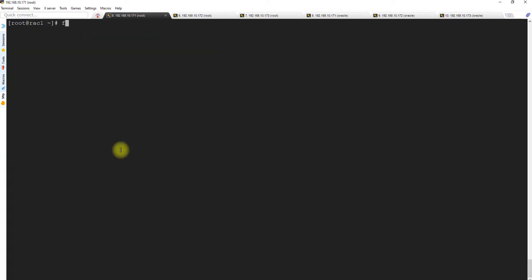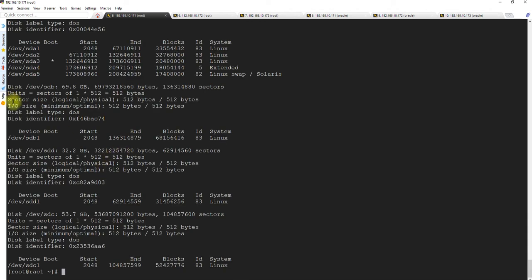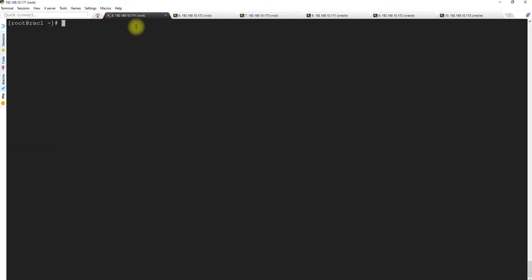Now clear the screen. Now when you say fdisk -l, you will see that the partitions have been created. For B, the first partition has been created. For D, this partition has been created, and for C, this partition has been created. So this part is done. Okay, let's configure the Oracle ASM. So you need to actually configure. Why do you need to configure the Oracle ASM? You need to make sure that you associate all the disks and the ownership of the disks